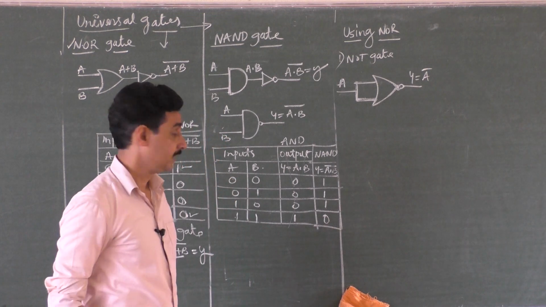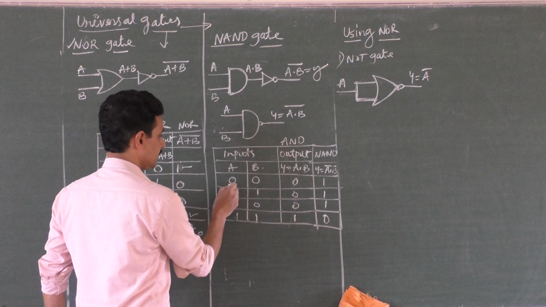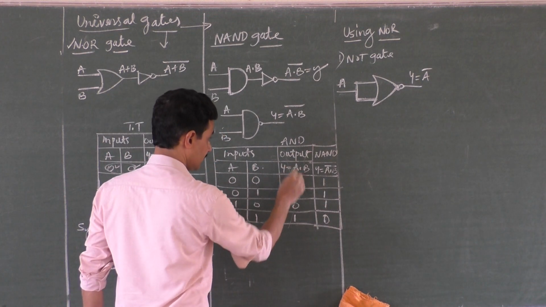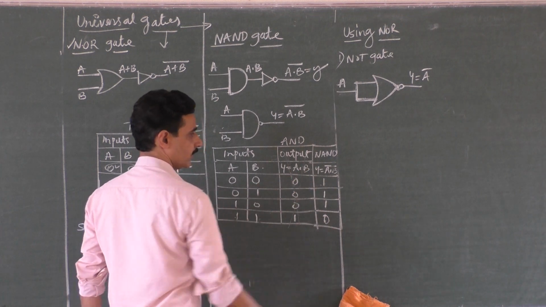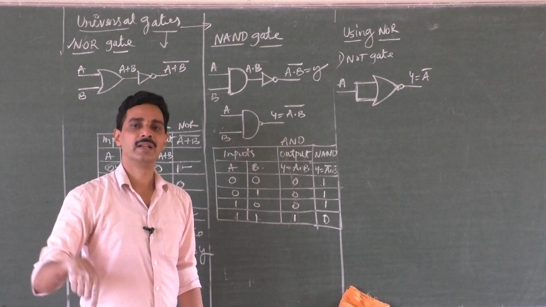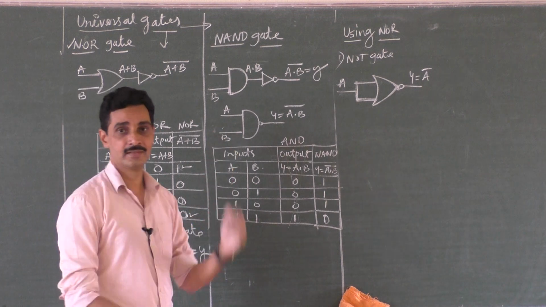And another thing, even the NAND gate gives the same. Not the AND gate, the NAND gate: 0, 0 gives 1, 1, 1 gives 0. Here also, if you tie the inputs of the NAND gate together, you will get the inverted output. So, NOT gate using NOR gates.